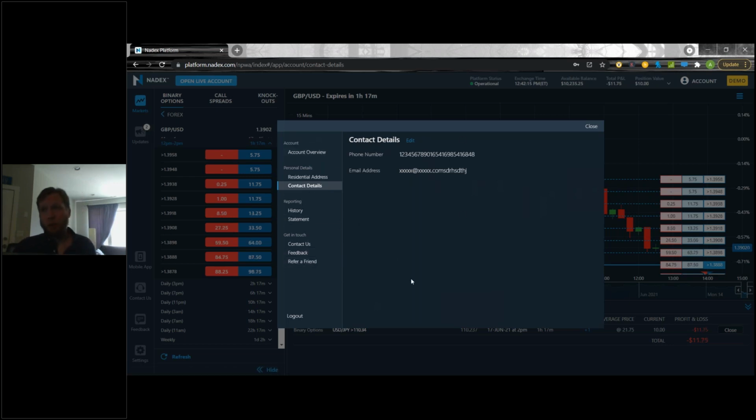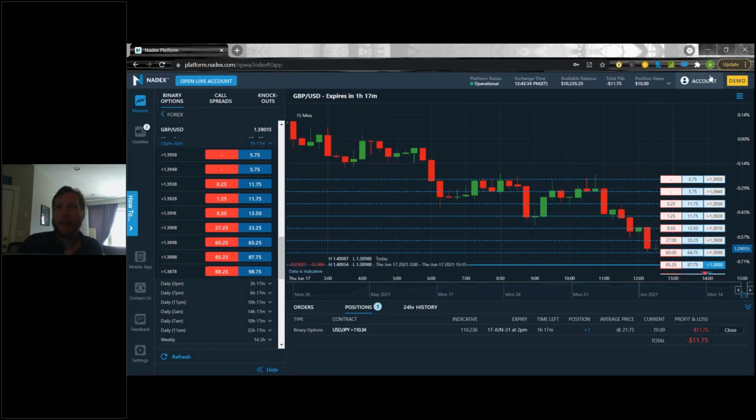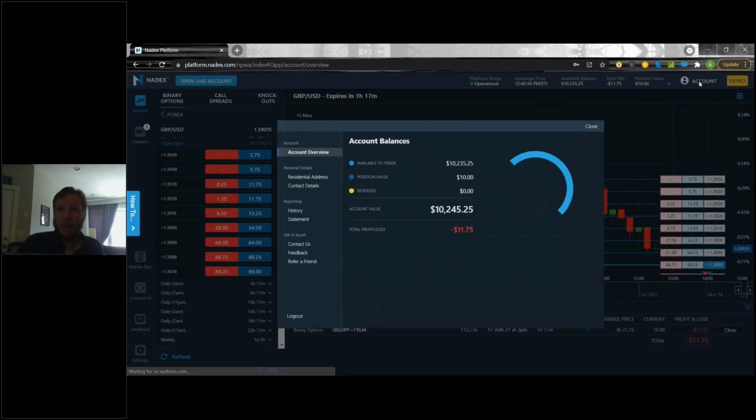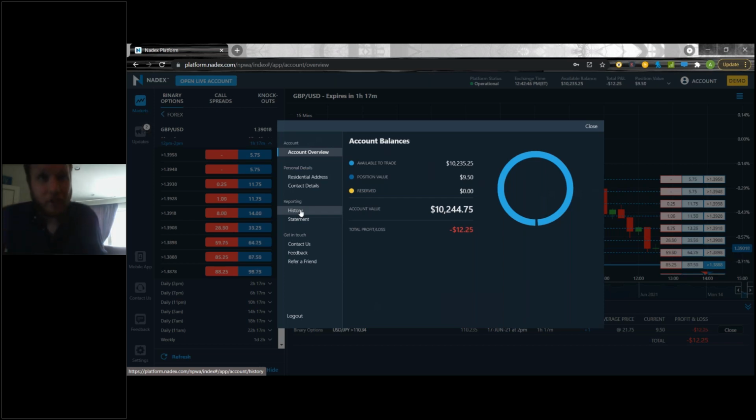Because I'm on a demo as well, this panel right here is going to be where your funding and withdrawing is. So if you ever want to take funds out of your account, or put more funds into your account, this is where it is. To show you how to get there, because obviously that is a very big part of trading, you want to be able to access your money, you go to the account at the top right, and then, again, I can't see it because it's on the demo, but on the live account, it would be right here. Underneath, we have our reporting. So this is going to be where you have your history and your statements.